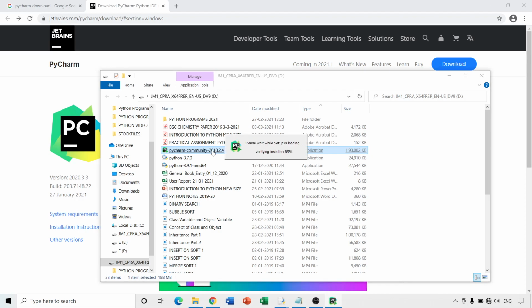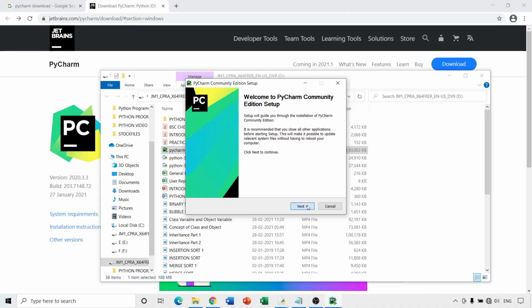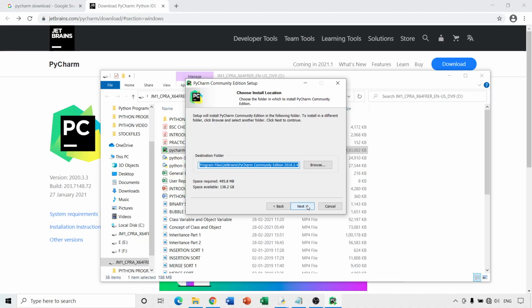As I said, it will take some time depending upon the speed of your system. It will ask for the path where you want to install. You can give the path that you want.